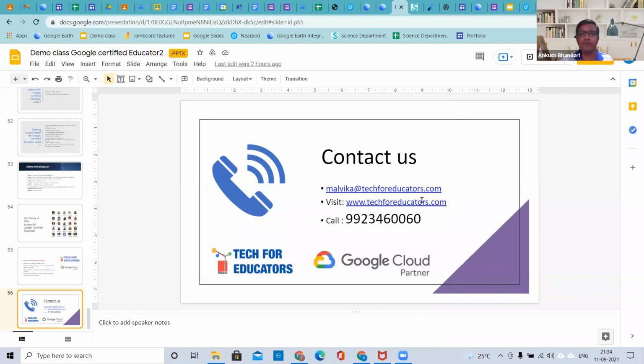Any other query from the participants? Yes, Anand sir. Okay, Sharun madam, I can see your hand. Yes, sir. I have a question regarding the certification. Is the certification valid for lifetime or every 5 years we need to renew it? All tech certifications generally come with a validity because technology is changing. So this certification will come with 3 years validity, and after 3 years, again you can write the exam and gain the certification.